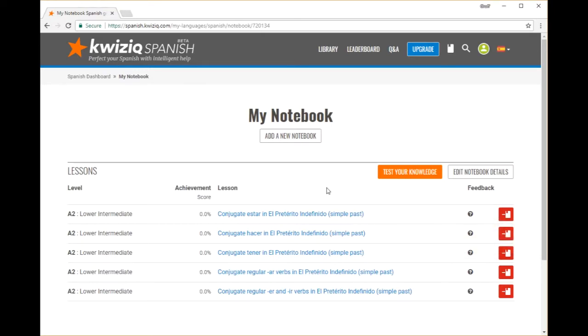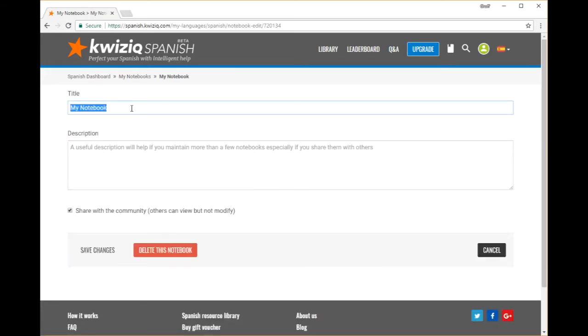We'll see how these work in a minute, but before that, let's give the notebook a better name, and we also need to make this notebook public so that you can share it. It's important to use descriptive lists so your students know what they're about, but also as your lists grow, you'll be able to quickly find and reuse them. To change the name, click the Edit button. Give the notebook a suitable title. I'm going to call mine the Spanish Indefinido Basics, and I'm going to give it a description of what I've